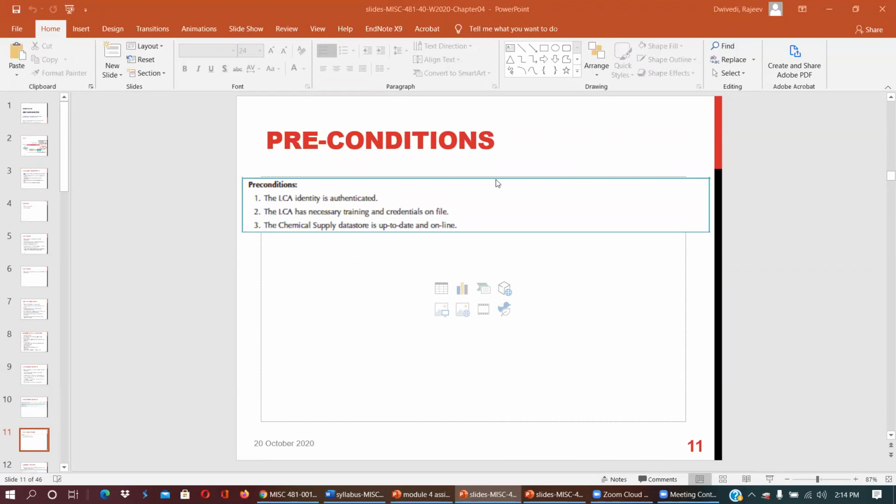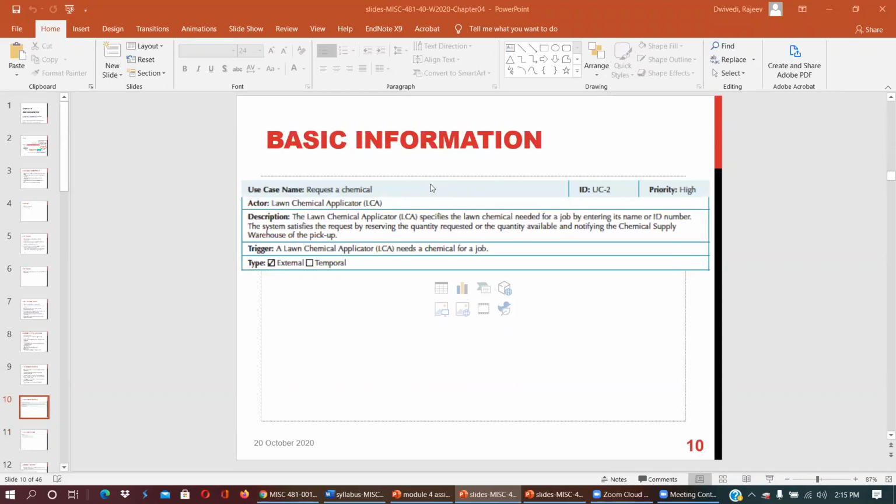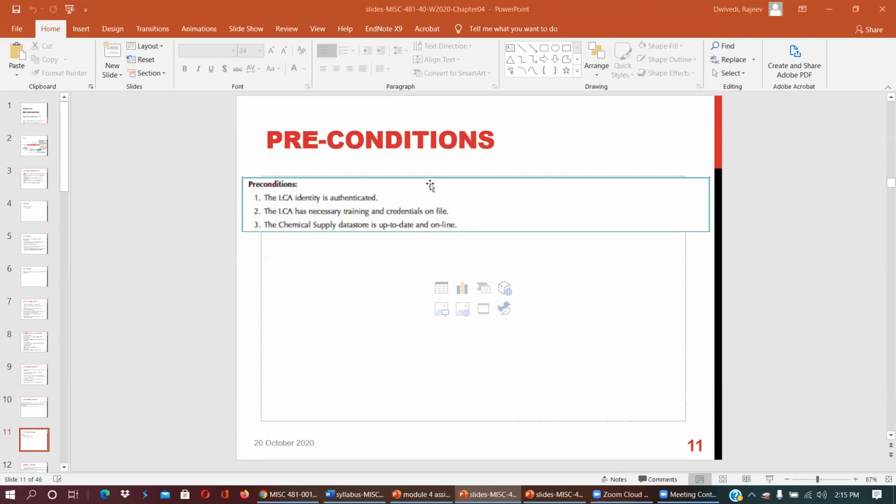Then only you can place the order or request the order. The LCA has necessary training and credentials on file, and the chemical supply data store is up to date and online. So these are the preconditions. You can go ahead with this.